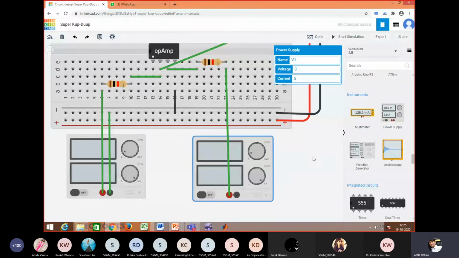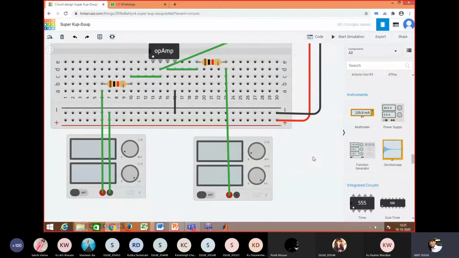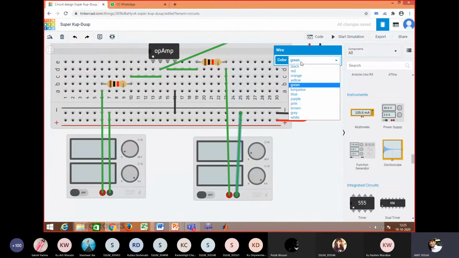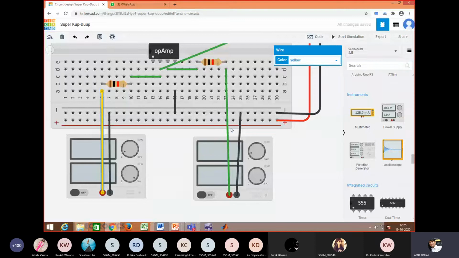पहला हमने V2 जो है 2 volt लिखा है, यहाँ पे 3 volt. You may assume anything. And the negative terminal will be with a black line. You may again assign a color. Negative है, I'll say black. Here also for this power supply negative है, it will be black. Again source है, source को मैं color देता हूँ. Say blue is V1 and V2 is yellow.